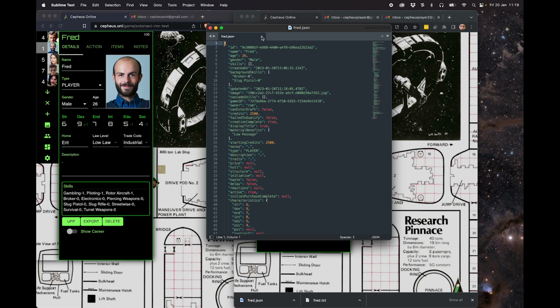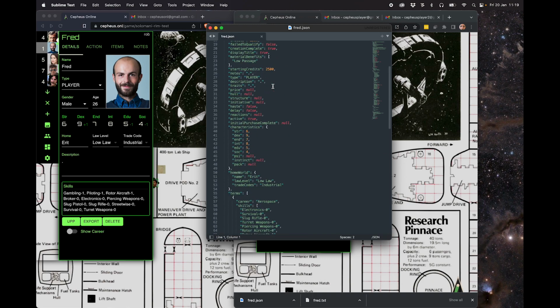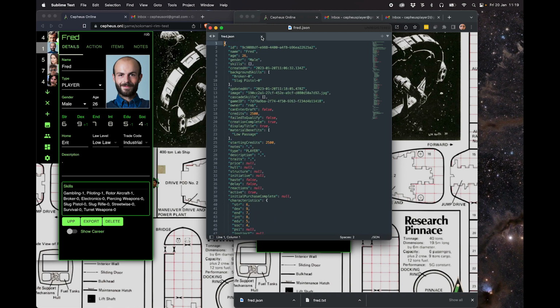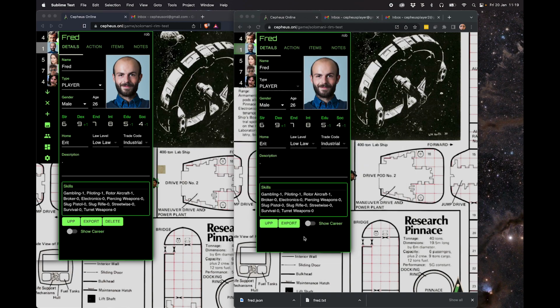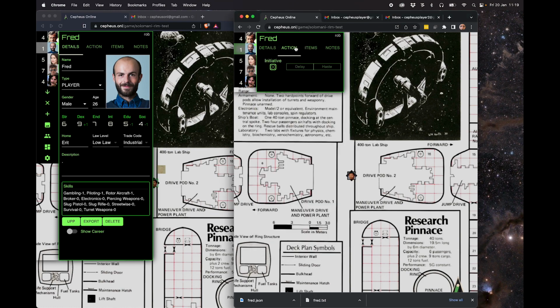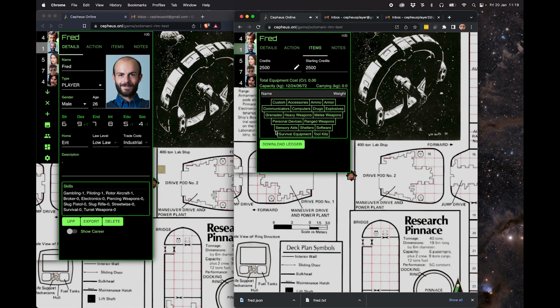That is to import and export. I mean, also players might just want a backup of their character in case they want to use it in a different game later or whatever. Right. Okay, let's have a quick look at, well, I guess we already looked at how you purchase gear earlier,